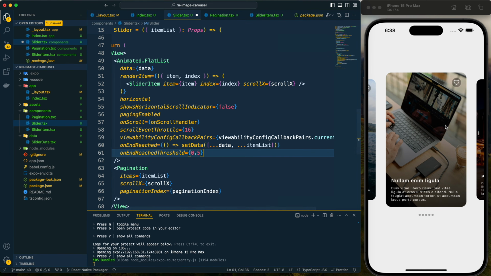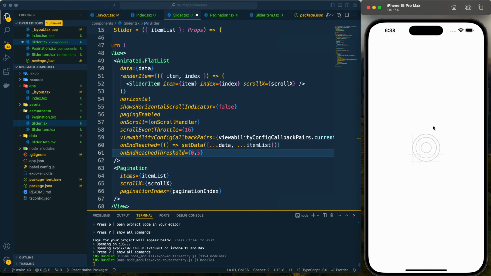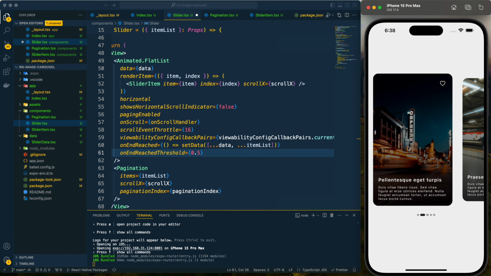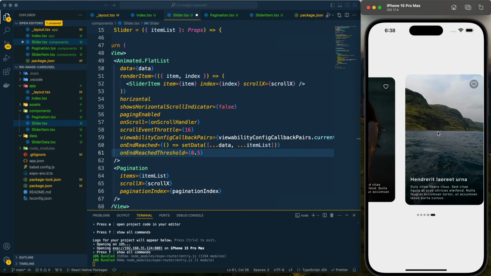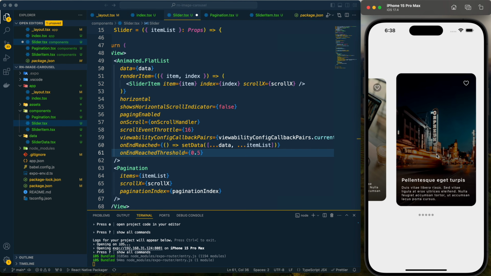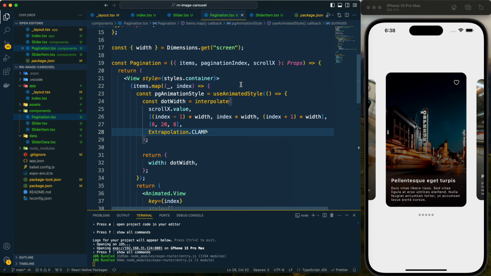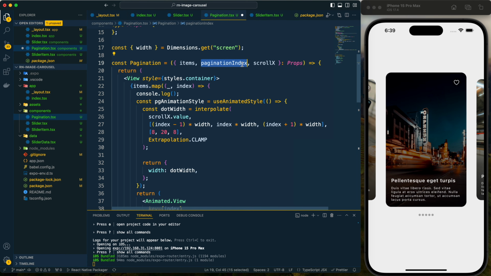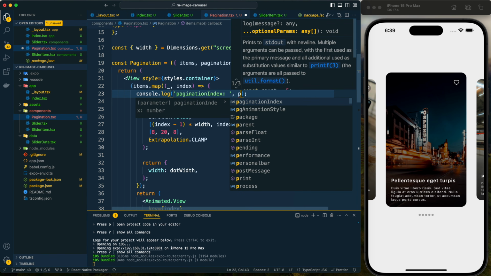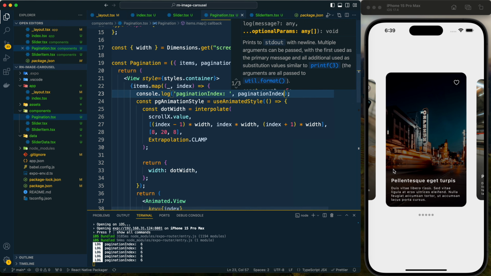So the loop is working fine, but here we can see the pagination is not working properly for the loops. For the first time it is working perfectly well as it was before, but when the loop is started, that time this is not working. And here let's provide it.